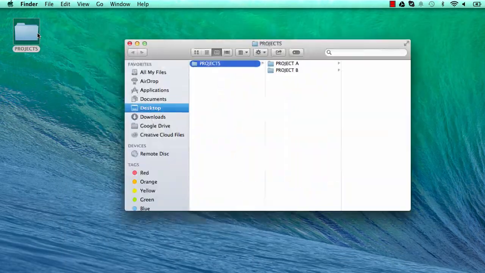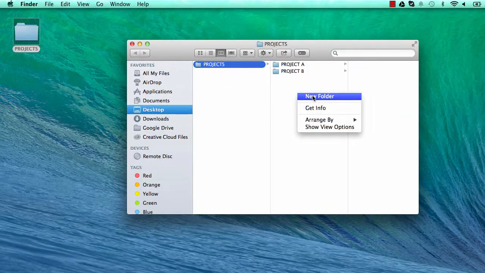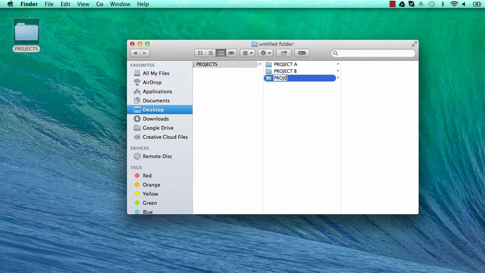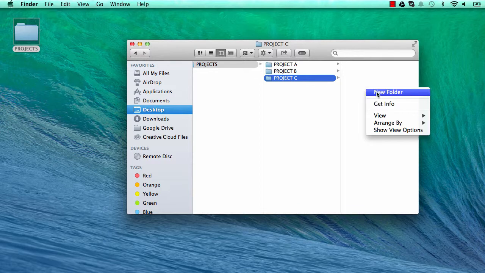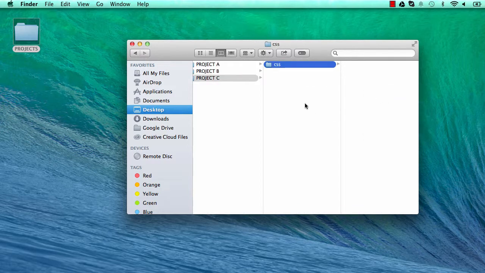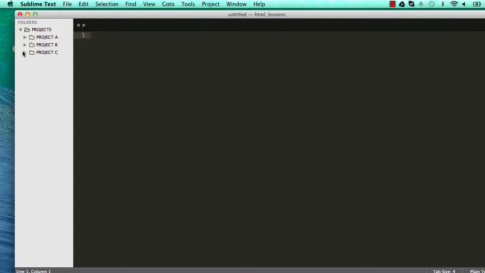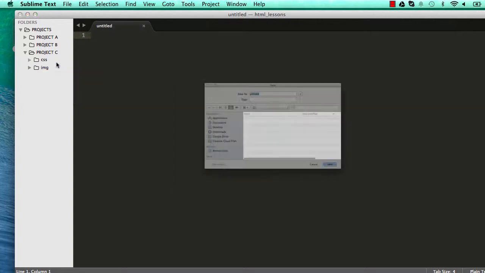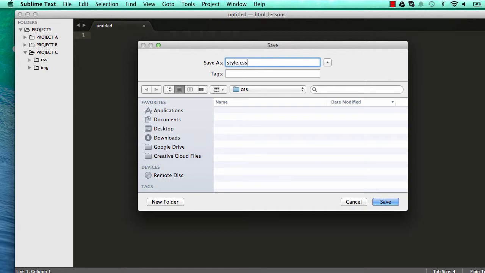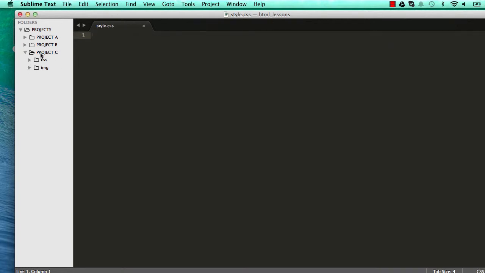So in our project folder we're going to create a new folder and we'll call this Project C. And in Project C we're going to create two folders. First one will be our CSS folder and the second one will be our image folder, so IMG for that one. Now, if we go into Sublime, on the left side we can see our Project C is up there. Right click on CSS and create a new file and save this file as style.css, and right click on Project C and create a new file and save this as